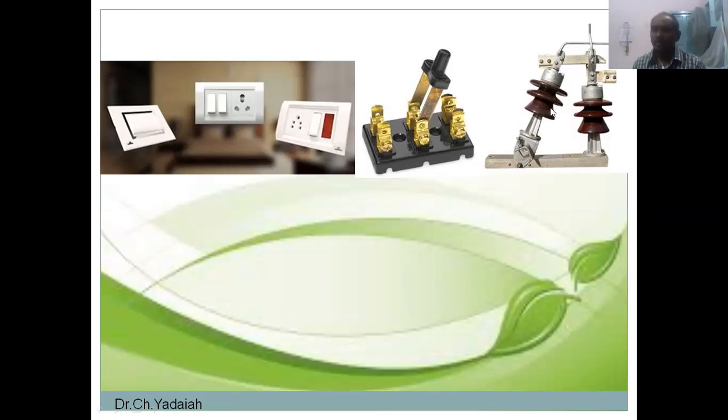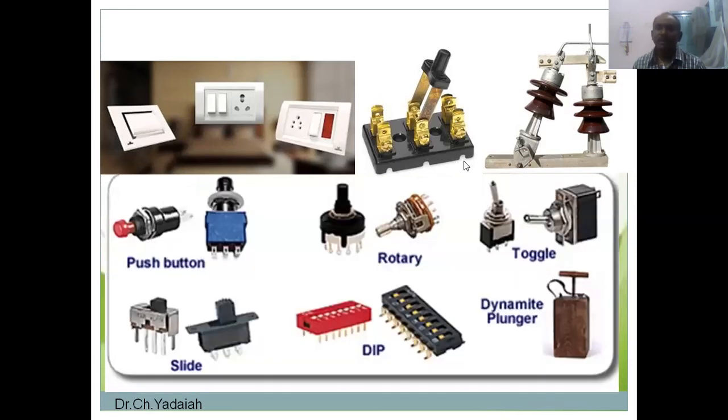These are what we observed. This is the AB switch, this is a knife switch, and this is a flush switch. These are used in domestic settings, these in factories and in our laboratories, and these in DTRs. In the electronics field, the instrumentation field, and the computer field, you can use different types of small switches, whereas these are heavy current carrying switches, these are only ampere to milliampere switches.